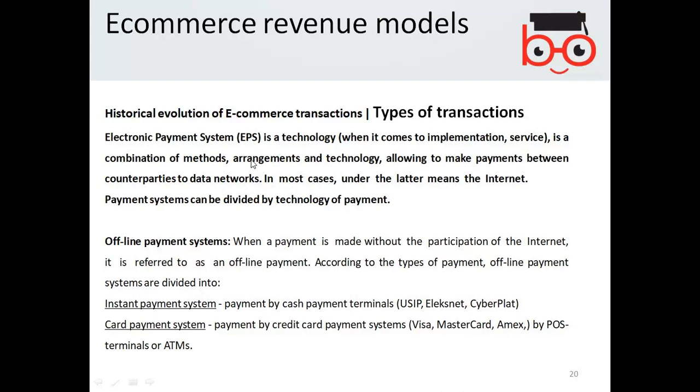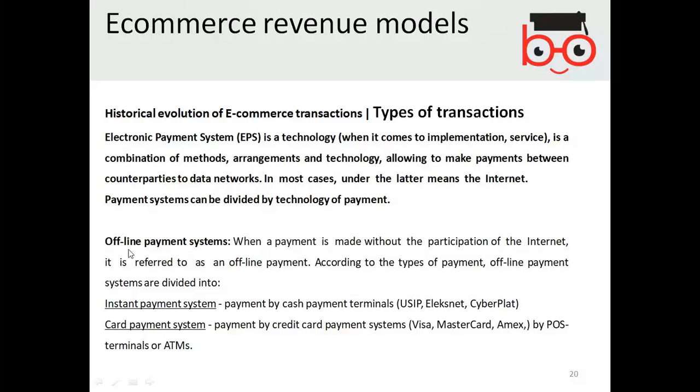Yes, correct. So normally, previously you used to pay in cash, but when the history evolution started with electronic payment, you used to go to the stores and started to pay via cards, the credit cards. It was a new thing in those days, isn't it? Yeah. So that started from that point.